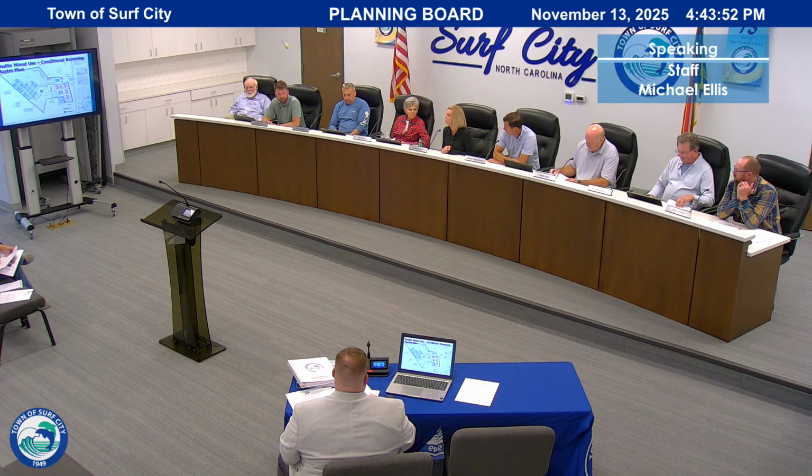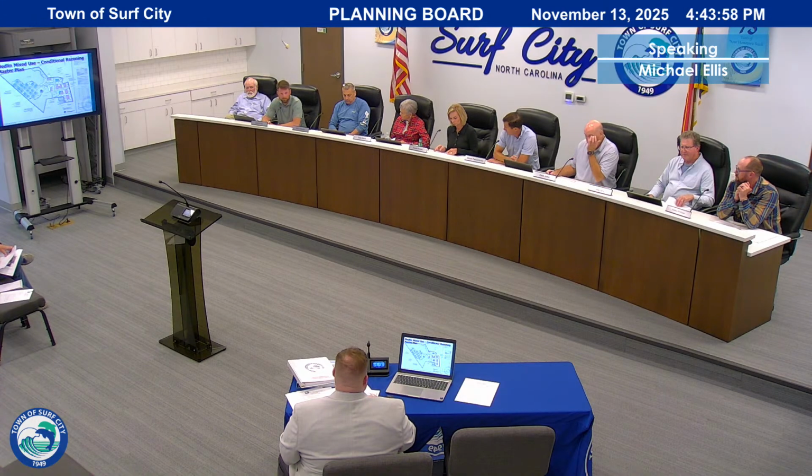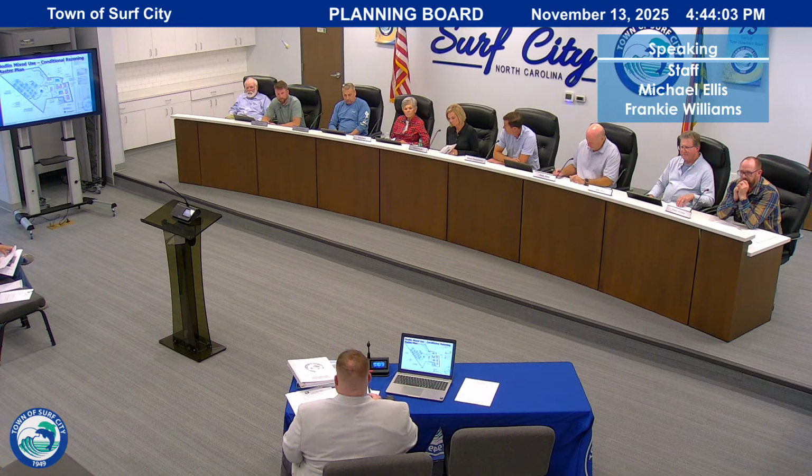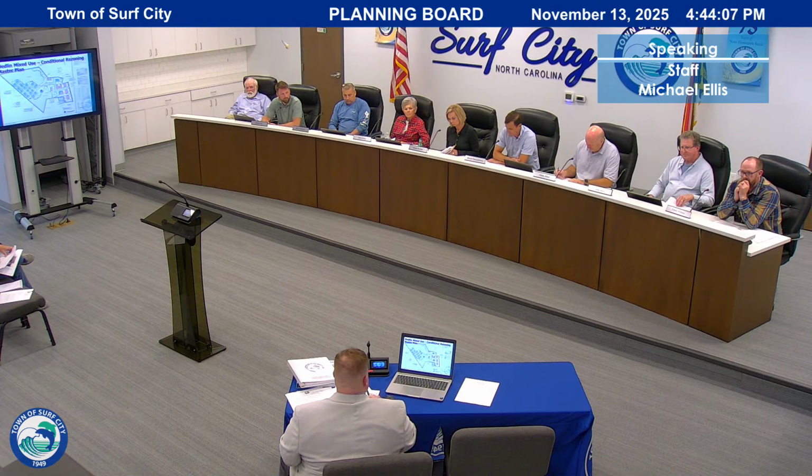What is the reasoning for the 1A, 1B zoning, phasing? Can't we just do phase 1, 3 buildings up front, phase 2, residential in the back? I think that's probably just simpler to do it that way. Very well, if you want to amend that condition and say phase 1 on the commercial, phase 2 residential, then the remaining phase 3, yeah, I think that's a lot simpler.